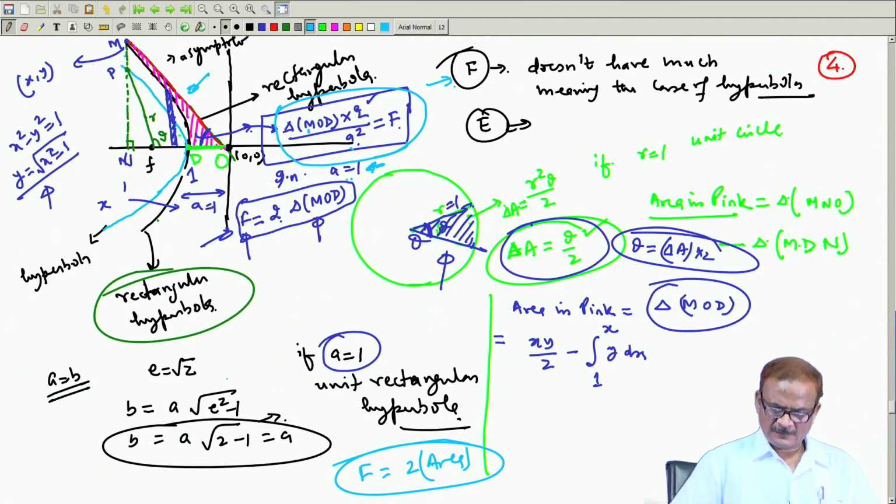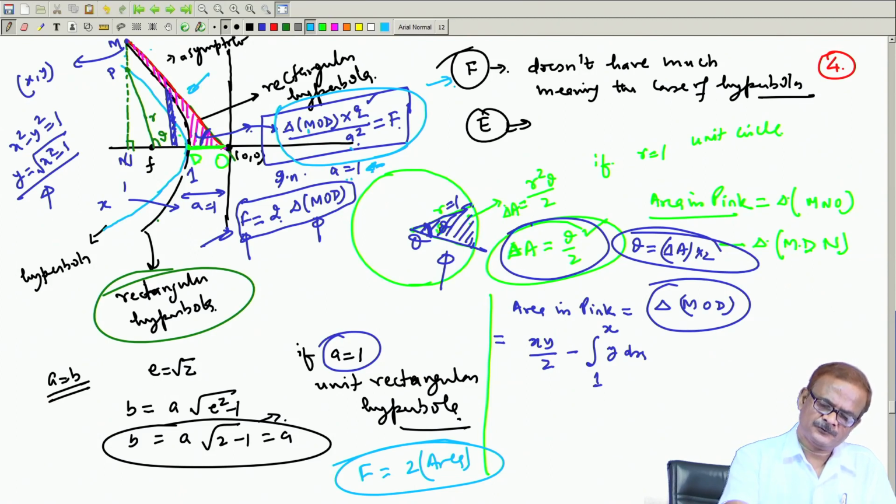So, the case of a hyperbola has turned out to be a little different from what we have done for the ellipse, but if you go in a mathematical way, it is not much difficult. In the case of the geometric representation, it becomes a little complex, because there is no auxiliary circle and we have to use this hyperbola. So, this pink area is the projected area, sometimes called on the hyperbola,